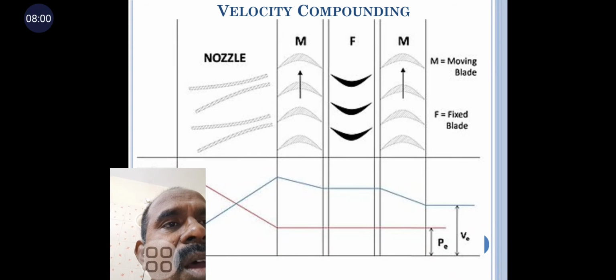That is, nozzle, one moving blade, fixed blade and moving blade. So the pressure is constant. The velocity is reduced gradually, stage by stage. This is called velocity compounding. Next one,